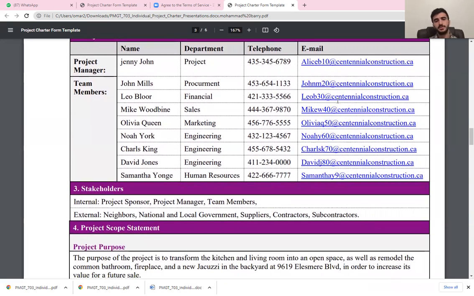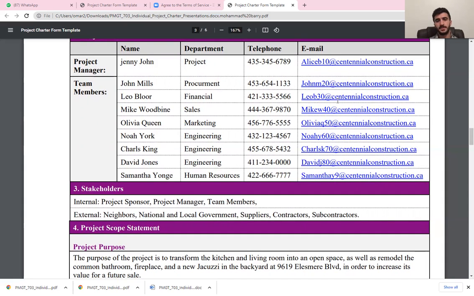The stakeholders. When we say stakeholders, we have two types of stakeholders. We call them internal or external, or direct or indirect. They are the people who are involved in the project, whether internal stakeholders or external. The internal stakeholders, as can be seen in our project, are the project sponsor, the project manager, and the team members. All of these members are internal, they are going to work daily on our project, involved with each other, and also responsible for the project.